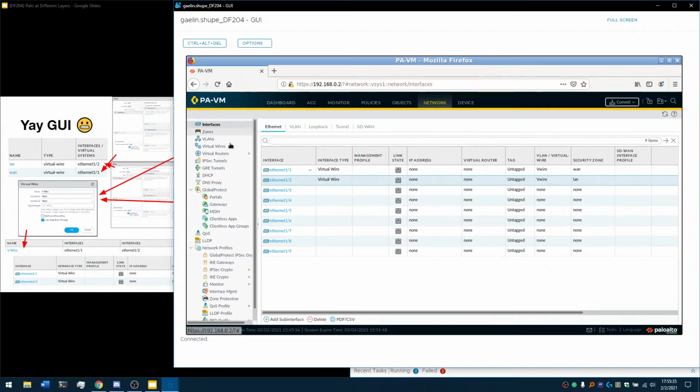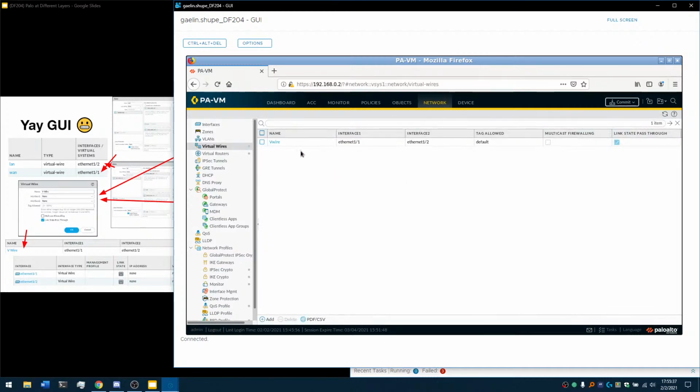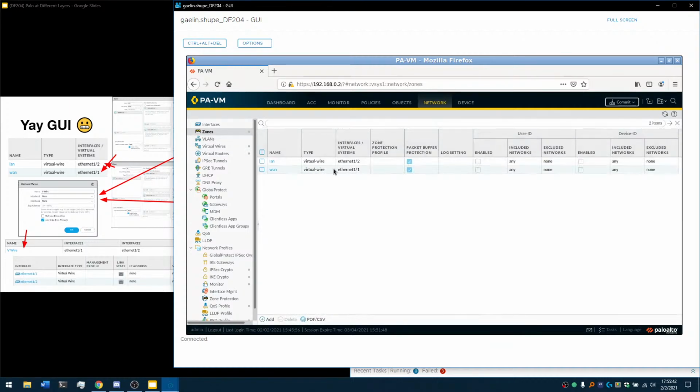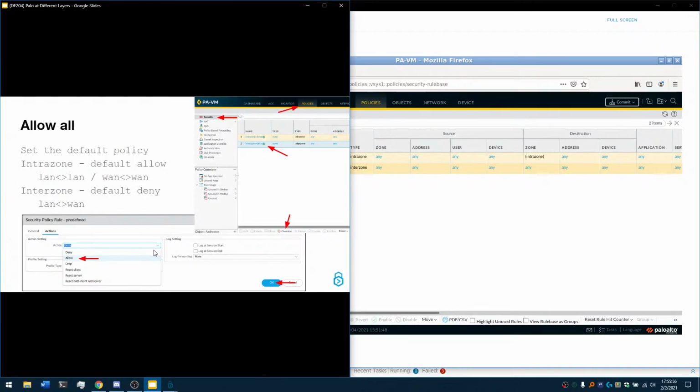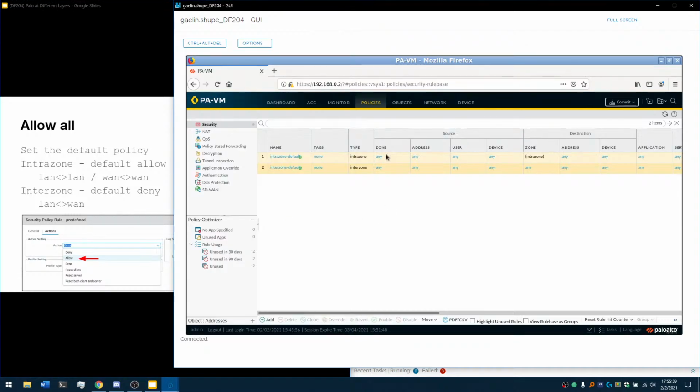Now, because we clicked Add New for the vWire and for zones, we should now see a new vWire here and new zones here assigned to the correct interfaces. Now, the last thing we need to do is actually allow traffic to flow through this virtual wire. So over here, next thing, allow all. So this is the policy security rules. I did not really go that in depth on this last time. So by default, there's these 2 rules, an